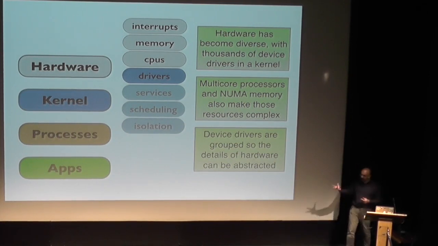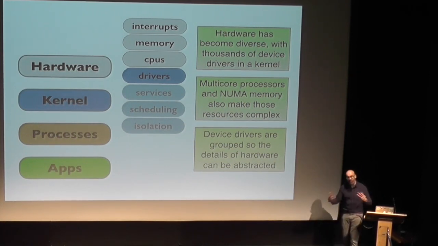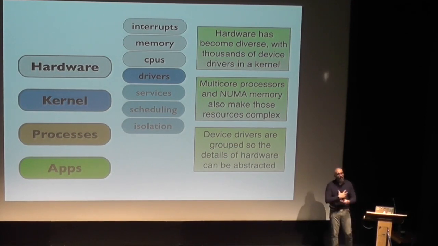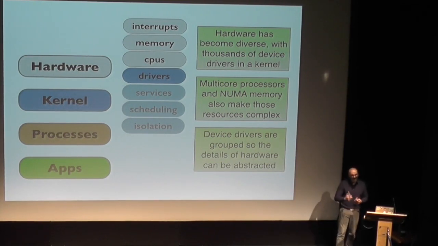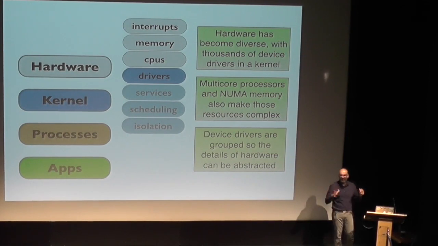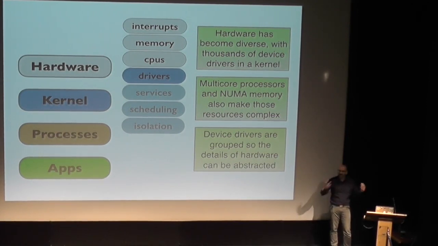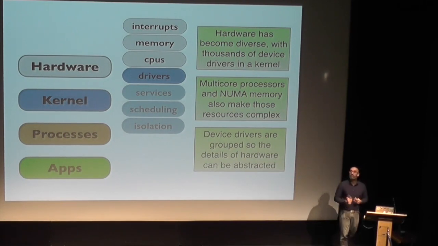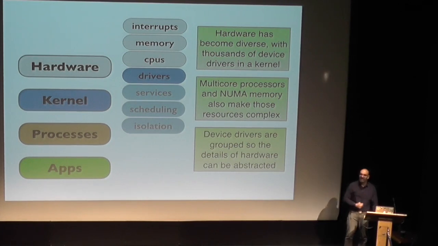And so that explains some of the growth in the operating system, because it's got to deal with all of this complexity. And when you look at it, I was very harsh towards operating systems when I opened the talk, but in fact they're wonderful pieces of engineering, because they can take this diversity of things that we've had for the last 40 years, the things that we've built and deployed, and the device driver abstractions can deal with that and more or less run our applications with a fair degree of reliability. That's good engineering, but it also explains why so much complexity is increasing in that operating system.